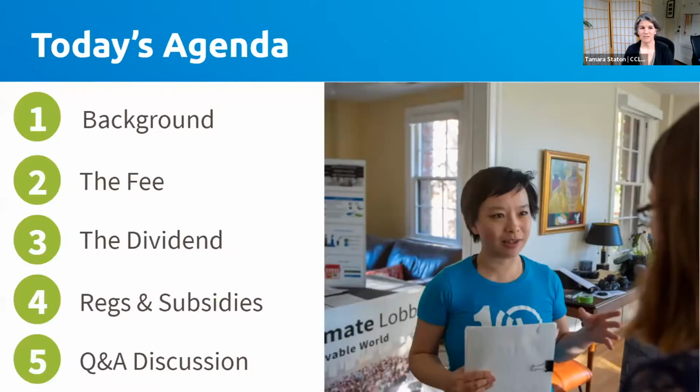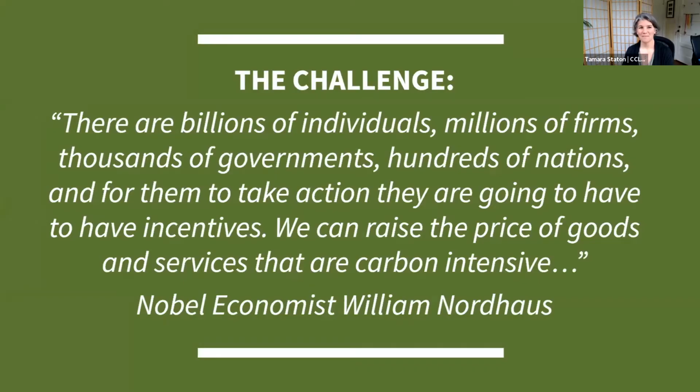Tonight's agenda is pretty straightforward. After a short introduction about the general public perception about carbon taxes, Bob will give you the why, or the rationale for each element of CCL's 3-part policy, including how it works, why it's important, and naturally the economic issues which are often congressional concerns. He'll also give you an opportunity to weigh in at times with your ideas and thoughts. We'll make time for questions after each section, after the fee, the dividend, and the regulations and subsidies section, and at the end to answer any remaining questions. All right, Bob, it's all you.